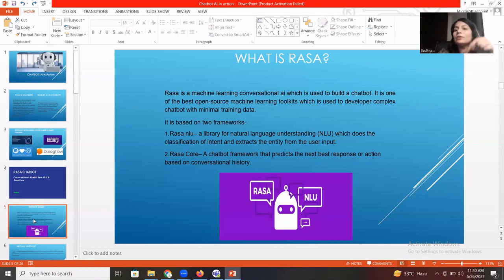They're asking about technologies, so the intent could be about technologies. And in that technology, what is different? Once they said what is machine learning, again they said what is data science, then again what is Python. So these three are the different ones: data science, machine learning, and Python. These are the different ones, and we call that the entity.